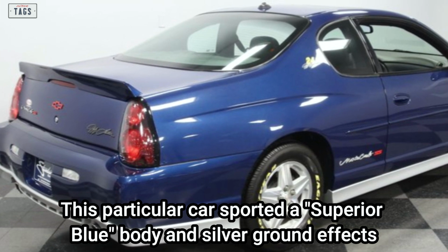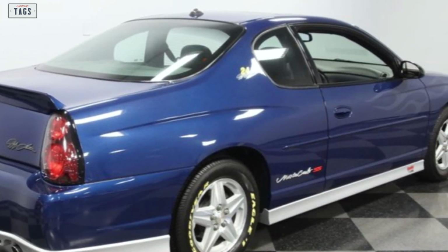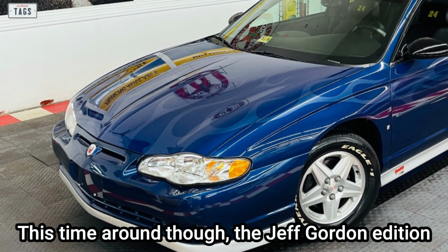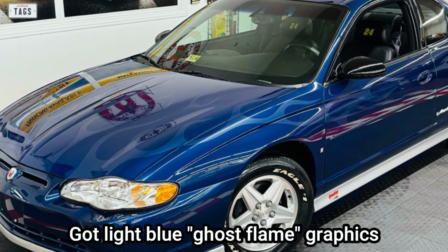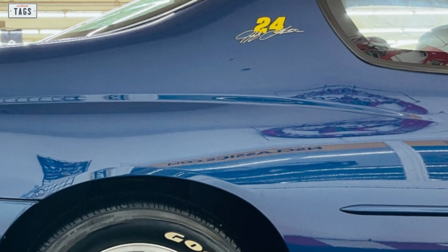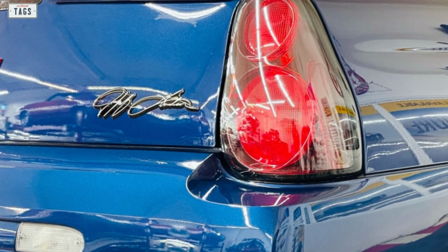This particular car sported a superior blue body and silver ground effects, similar to the aforementioned Intimidator edition. This time around though, the Jeff Gordon edition got light blue ghost flame graphics. The number 24 was displayed behind the rear side window, and a Jeff Gordon signature was placed on the right